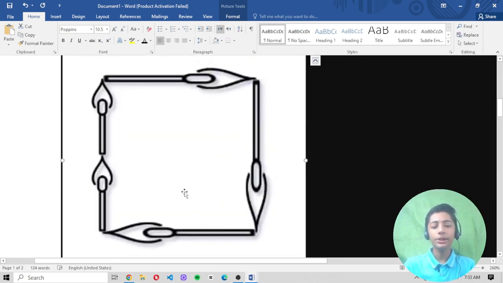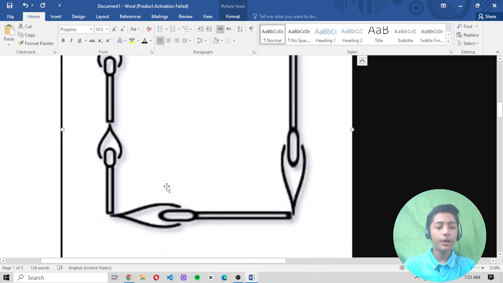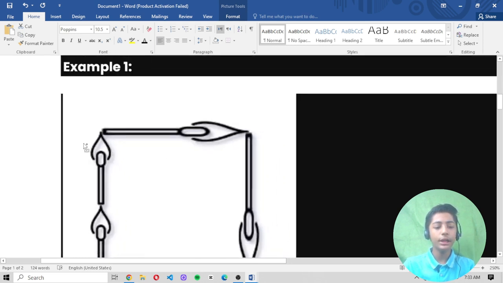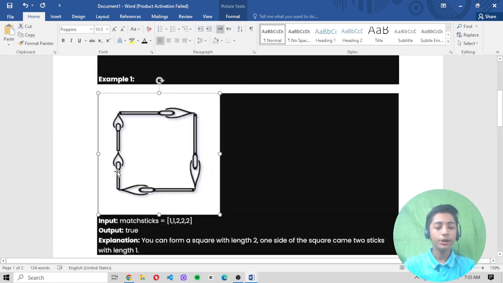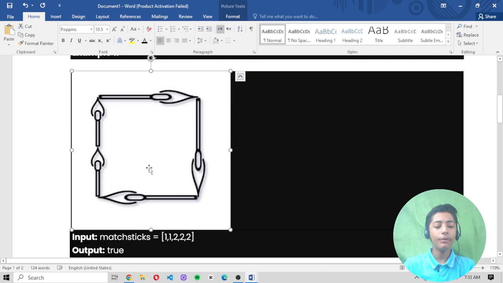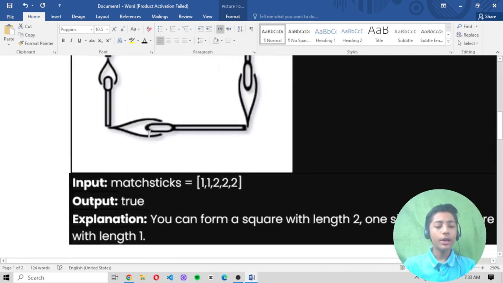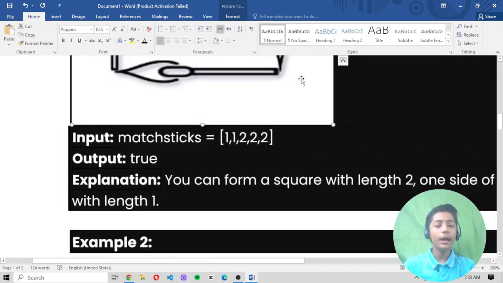If you see here, there are 1 2 3 4 sticks, each used one time. Using the 4 sticks, here you create one square. He created an integer array matchsticks, in which he wrote 1 1 2 2 2, which means 1 two times and 2 three times, and the output will be true.